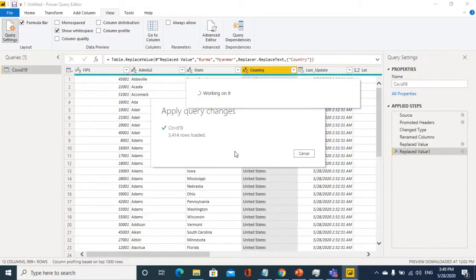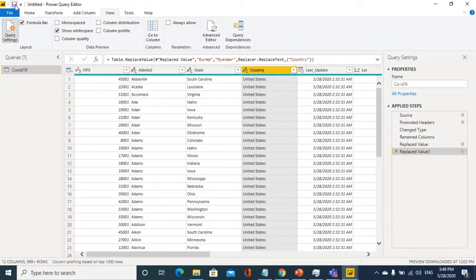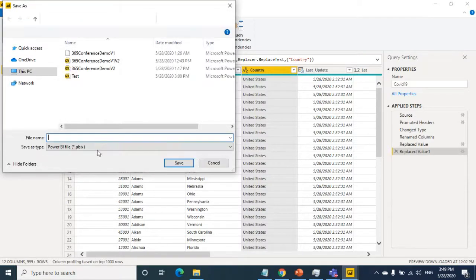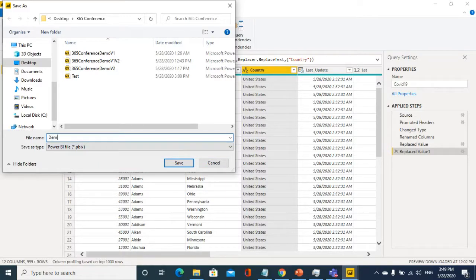Yes, this dataset is loaded now. We'll store this information in a file called demo v1.